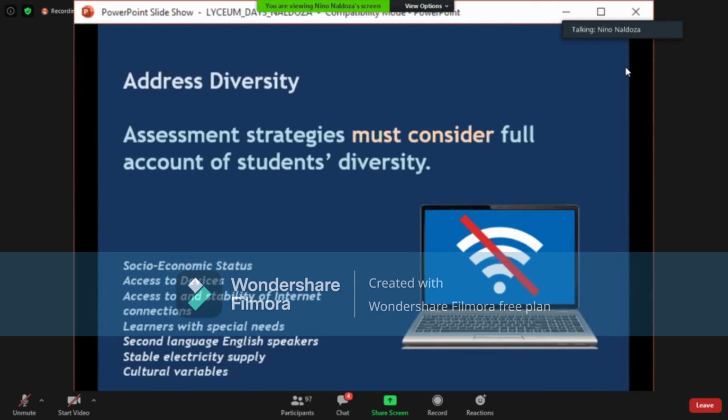That's why assessment or initial assessment of our students' demographics is very important. Kailangan malaman muna natin talaga kung saan sila nanggaling, saan sila nakatira, anong means of transportation nila, access to device, capability to do online, their access to internet, so on and so forth. Also, learners with special needs, if there is, second language English speakers ba sila, stable electricity supply, yes, and also